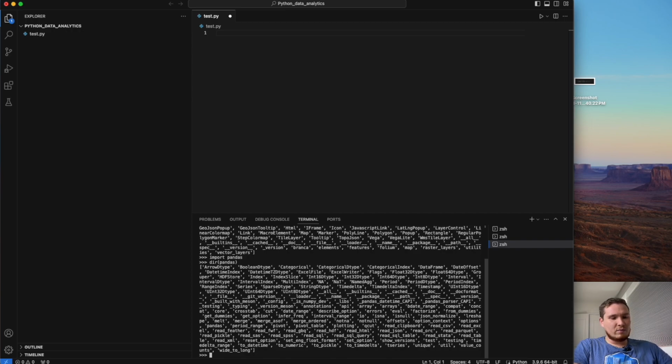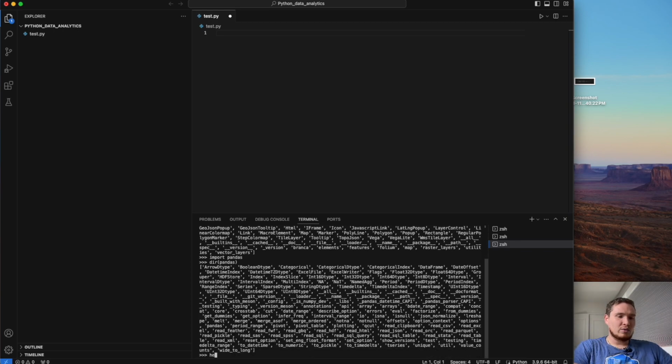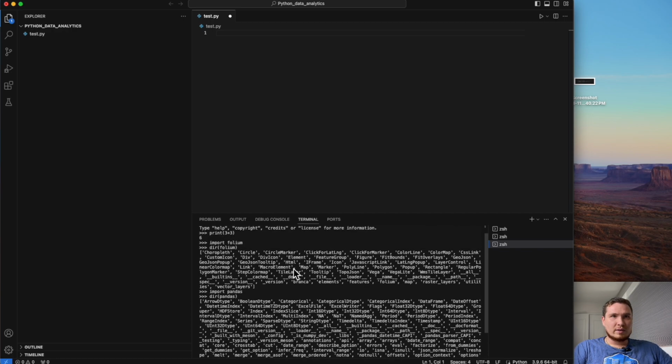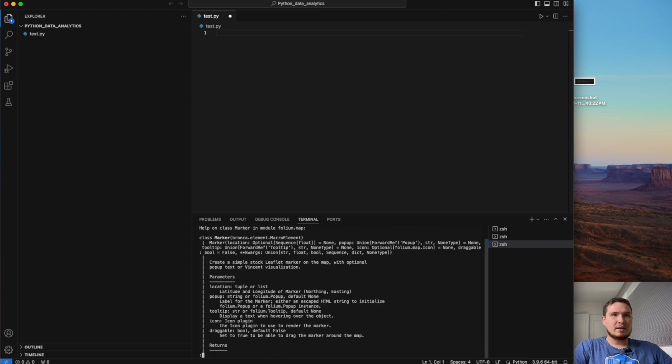But if I want, for example, to know what exactly this method does, I also can do help. In the brackets, I will type Folium and dot, and then I call the name of the method to see what is given to us. Let's say the method Marker. I copy that, paste it in here, close my brackets, enter.